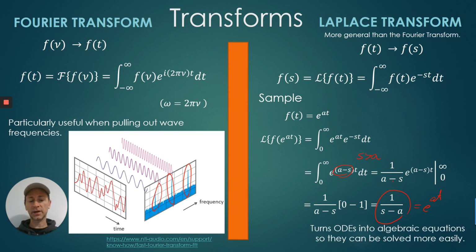So the Laplace transform turns ordinary differential equations into algebraic equations just so that they can be solved more easily. And the Fourier transform is a more specific version of